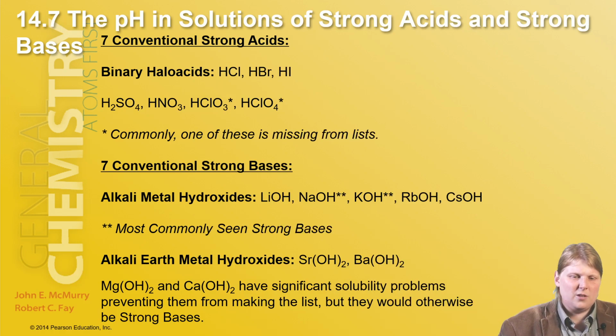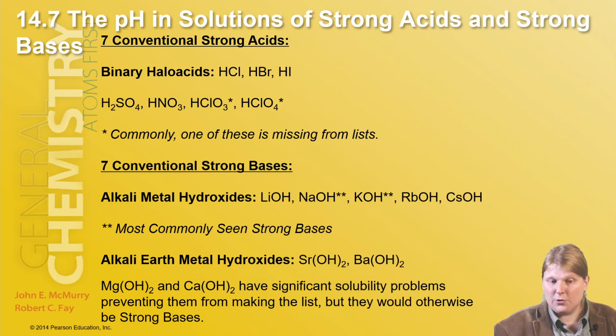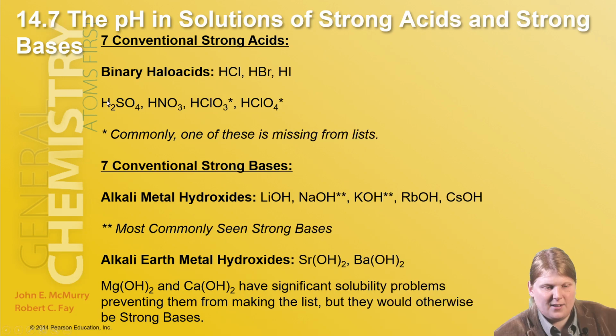So with the 7 strong acids, you've got your binary halo acids. So that's the halogens except for fluorine because hydrofluoric acid is weak. HCl, HBr, HI. Then you have H2SO4, and that's for its first ionization. The second loss of a proton is not strong. HNO3, HClO3, and HClO4. Sometimes they don't include both of these because sometimes they consider one to be so strong